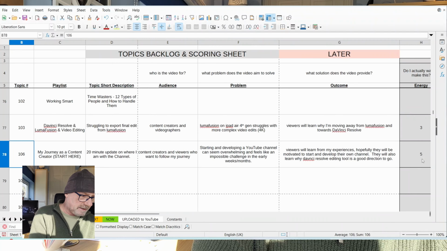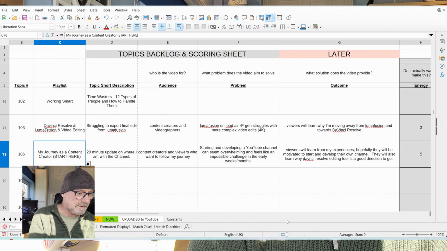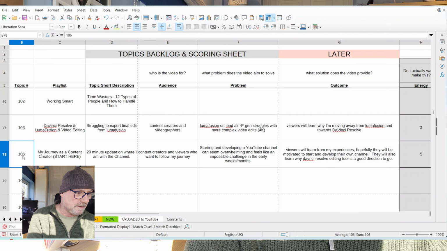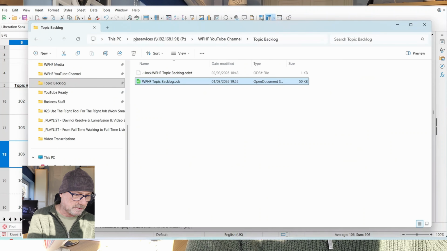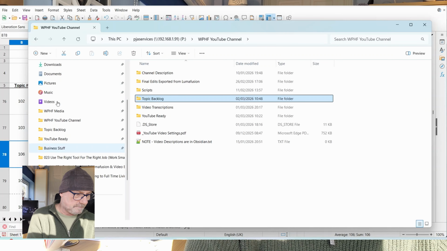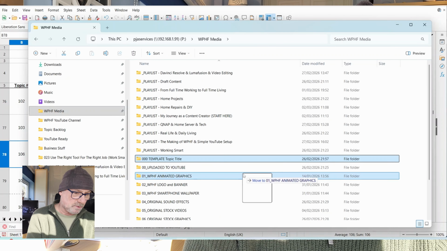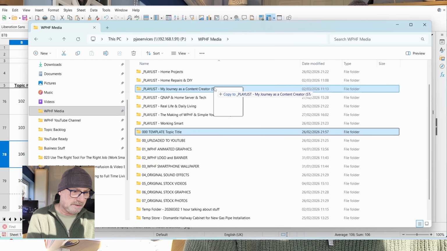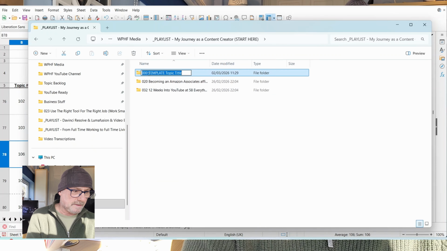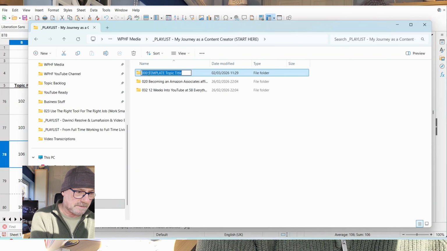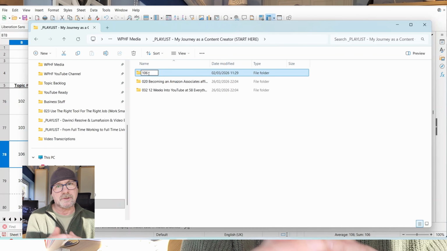Let's jump back to here. So what I need to do is take the title short description, copy that, and the topic number is 106. Let's go back to our media folder here. So I've got this template. So all I need to do with this template is copy it to my journey. And then if I go in here, I can then change that title to 106, which was the topic ID